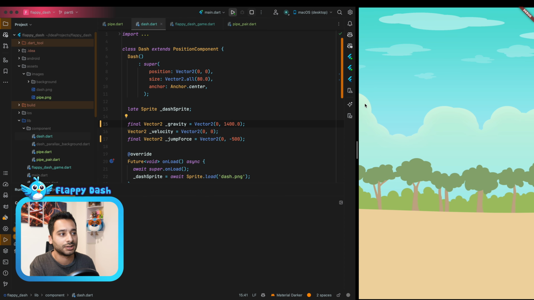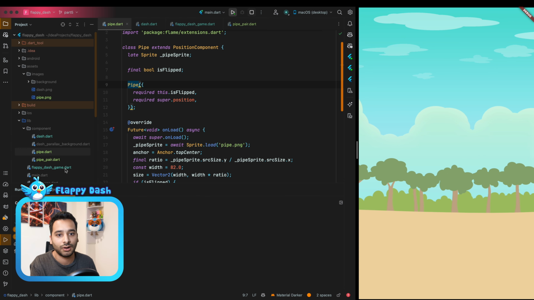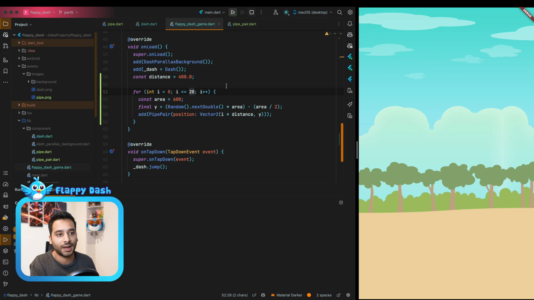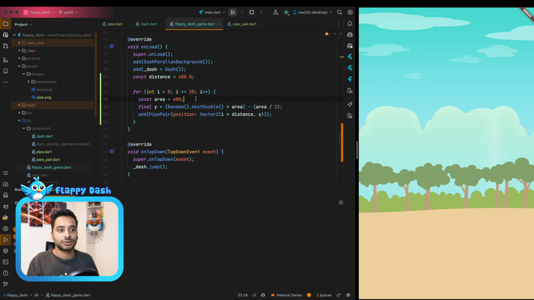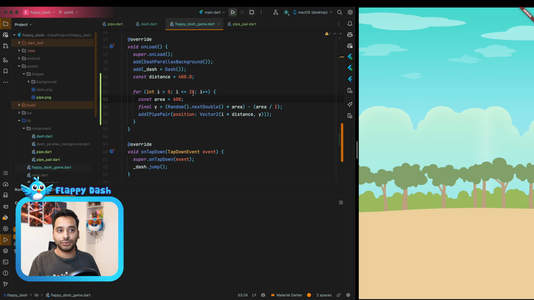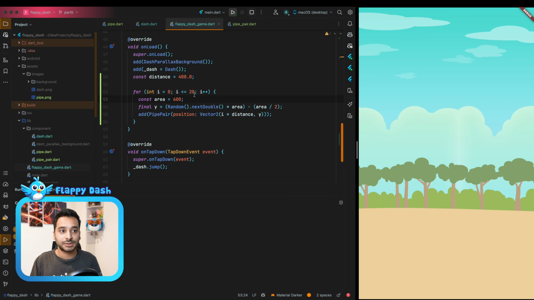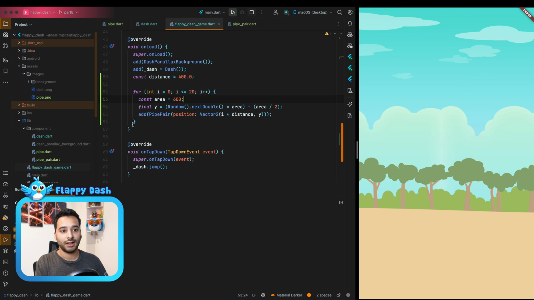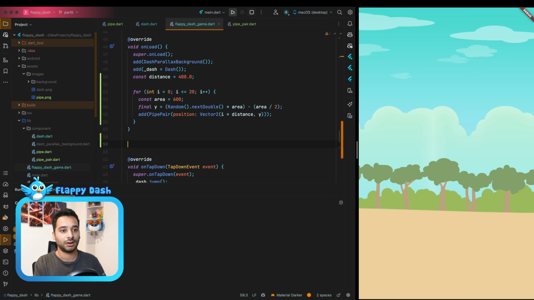Now we are generating the pipes with a hard-coded value here. So as you see, we have 20 of them, and after that it is done. So we need to implement a method to generate them infinitely, so you can go through an unlimited amount of pipes, and so we need to implement the mechanic. And to do that, we can create a method called